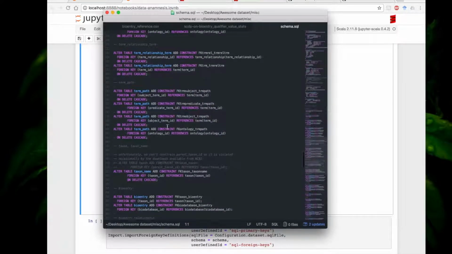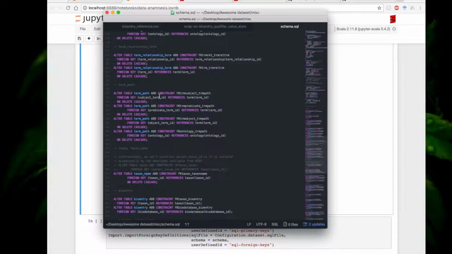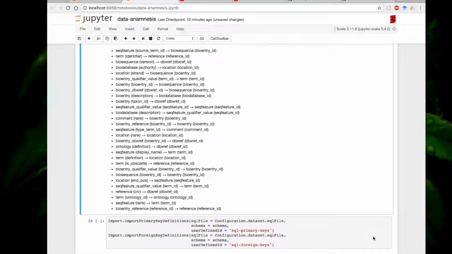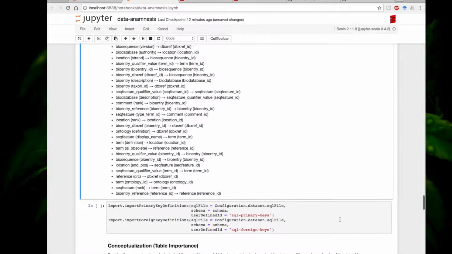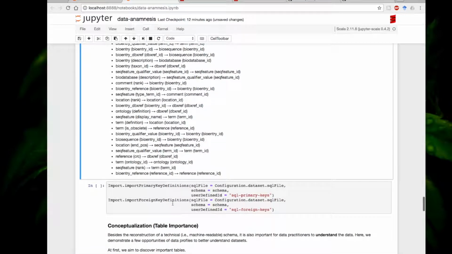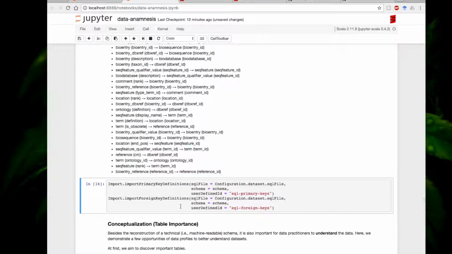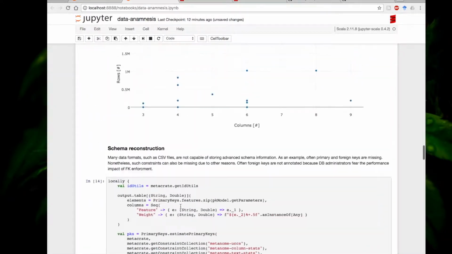Not quite sure where they are. Here they are. And as part of Metacrate's import library, we have possibilities to import primary key and foreign key definitions from SQL files. So instead of manually correcting them, now I just use this import function, and what it basically gives us in the end